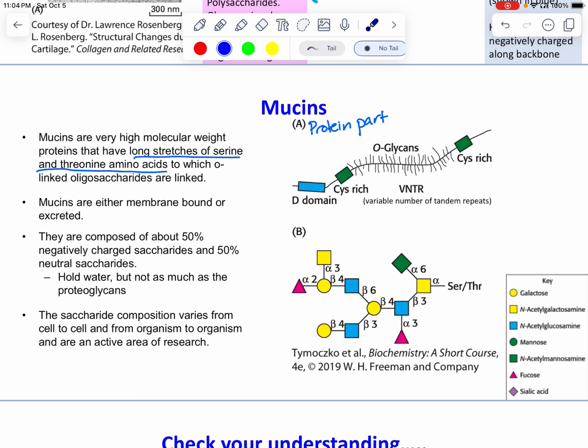So then if we want to look at the saccharide part, down here, this is our polysaccharide part. Notice over here, we have our serine. I wanted the highlighter. We have our serine or threonine. So those serine and threonine are all along here. Okay. And then we can look at our